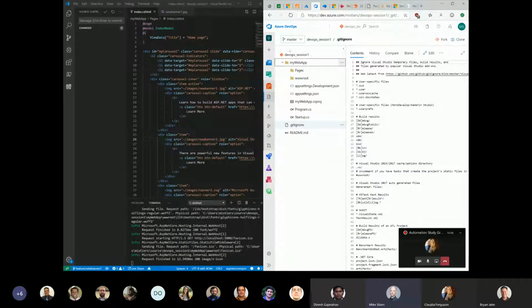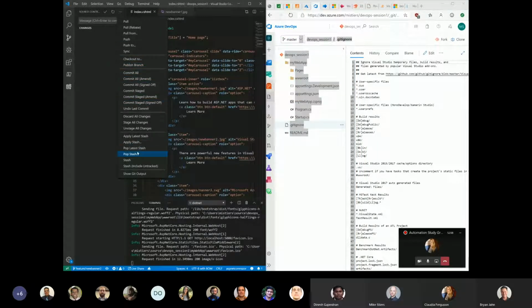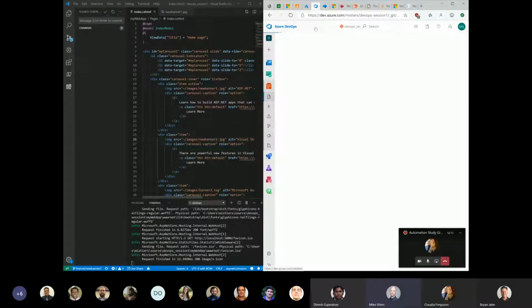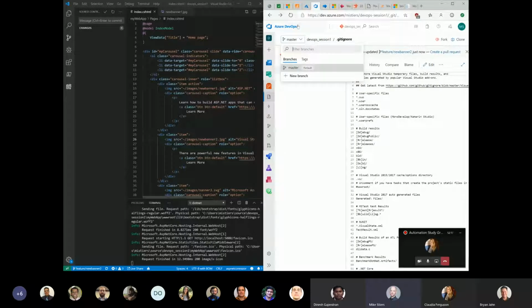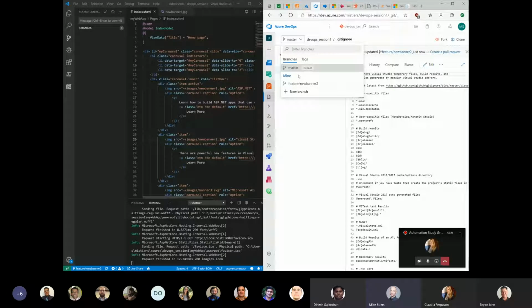When we go over to that repo, we see master. We don't see that branch because we're working locally. I'm going to publish that branch. Click there. And we should see that new branch in a second. And there it is. Okay, so now that we have the branch,